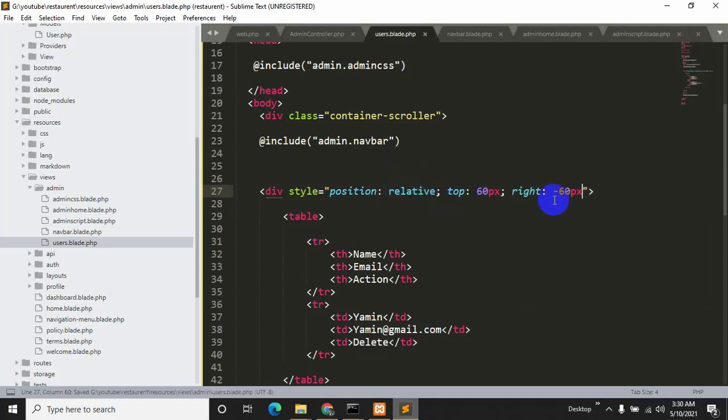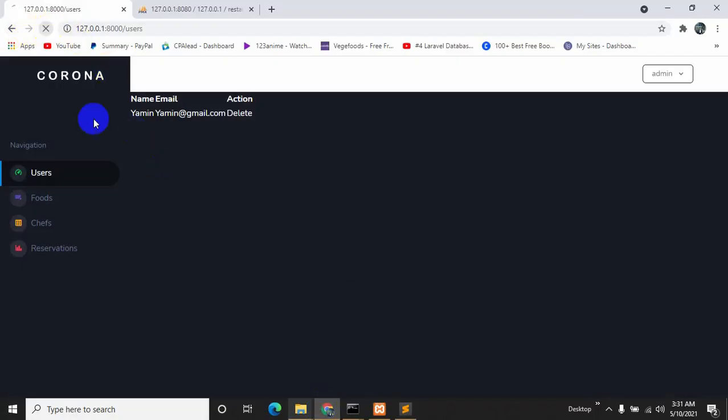So let's save it, Control S, and one more thing, let's also add a table color, it will be bg color, let's say gray, and it will also have a border of 3px. So Control S. Now let's refresh.